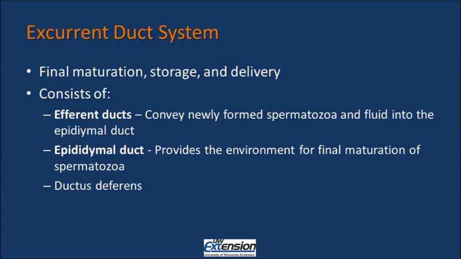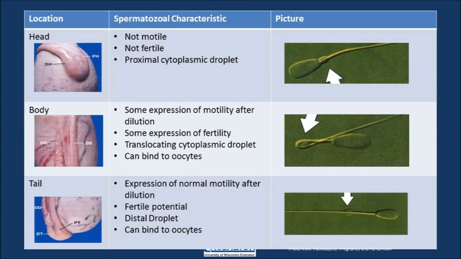The ductus deferens is the tube that carries the mature sperm from the epididymal duct out through the urethra for insemination. So the epididymal duct is broken into three parts: the head, the body, and the tail. Within the head and the body, final maturation of the sperm occurs, and within the tail, we have storage of